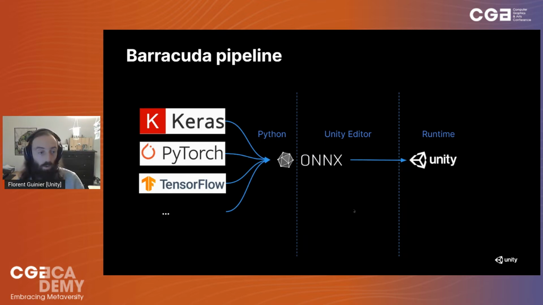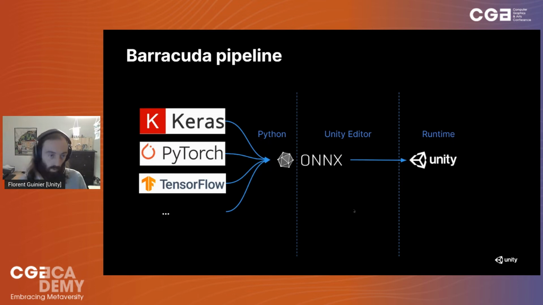On the left, you get Keras, PyTorch, TensorFlow, any pipeline really. The way it works is that from those libraries, you will export an ONNX file. Most, if not all, of those major libraries have a simple way to export to ONNX. What is ONNX? It's a format maintained by Microsoft, some kind of way to serialize a neural network model that everyone understands. All of those pipelines can export to the same format, and that makes it really useful. It's a very well maintained format on top of that.